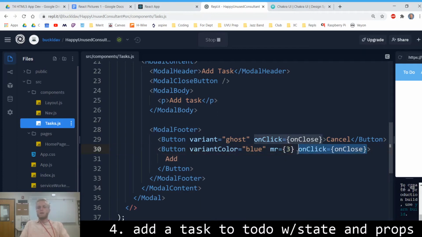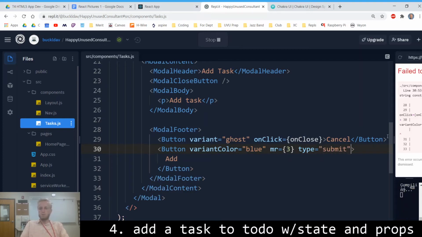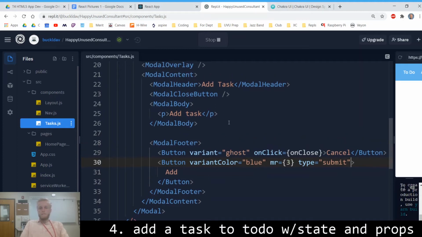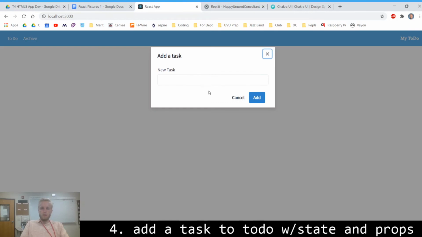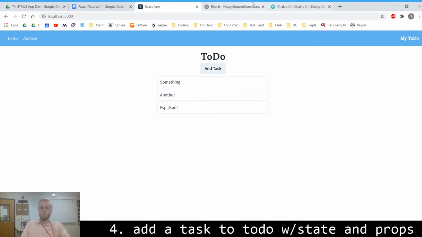And then we actually are going to want this to submit a form, so we're going to do type equals submit right in there. Now to add a field, like a form field like this, where we can type in and then submit the form and add it to our page,